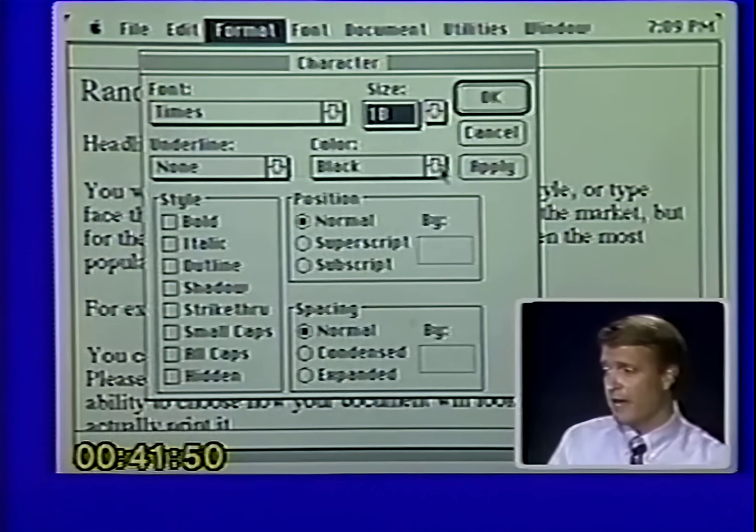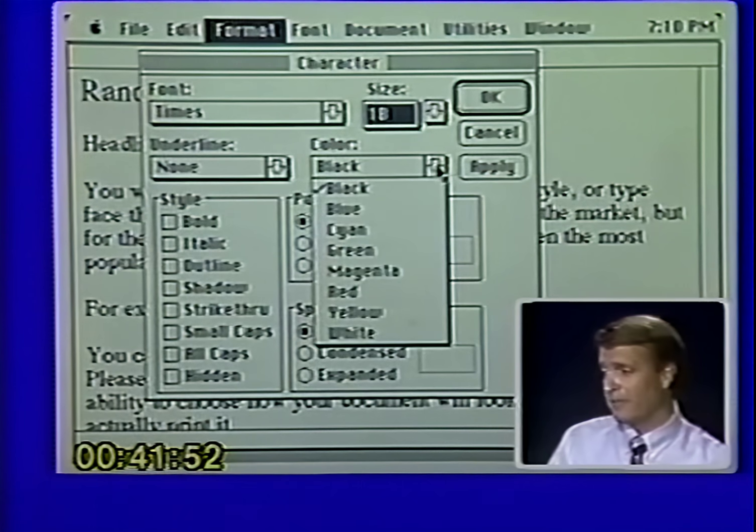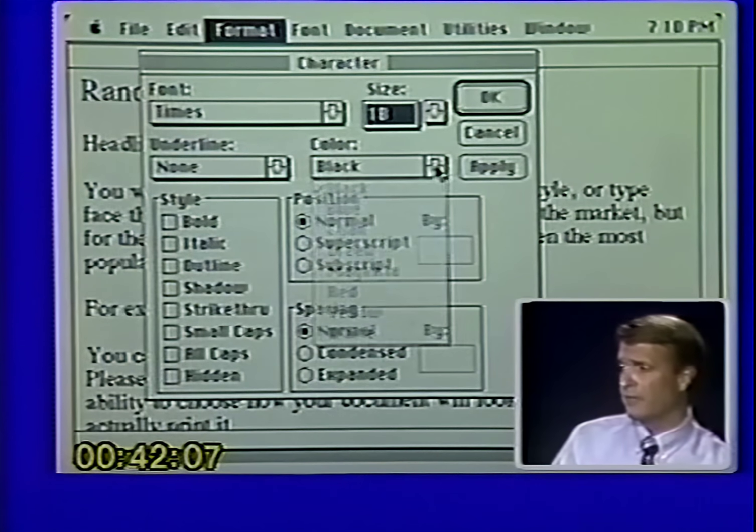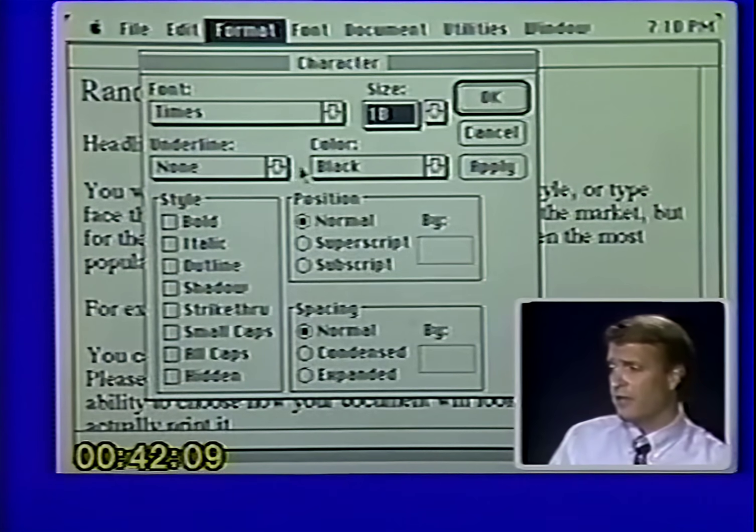And you'll notice now you have options of color. You've got black, blue, green, magenta, all the different colors, and you can simply select each one of those. If you've got a color monitor, they'll show up in the different colors. If you've got a color printer, then this allows you to print out each of your different plates. You can print out a black plate and a blue plate and whatever. All right, and you'll notice all of your different options.